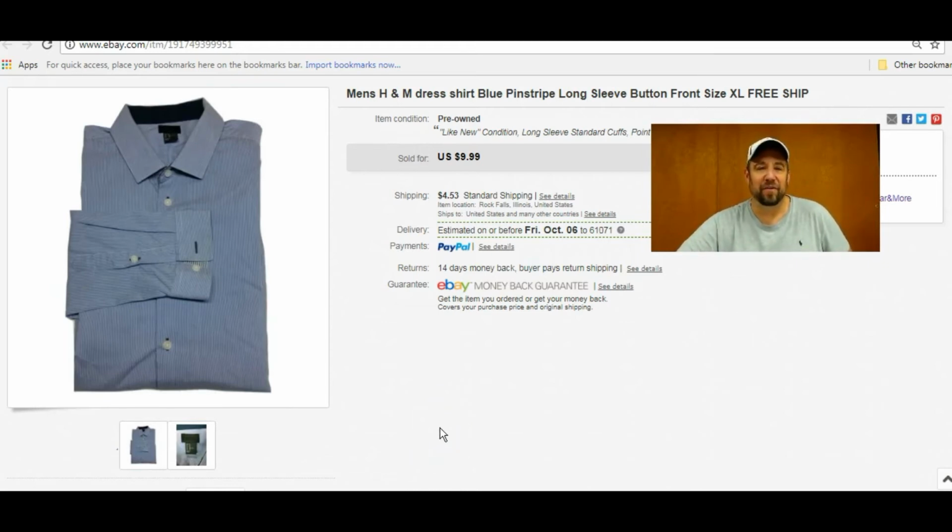And another little thing, when the buyer bought this, he says, hey, you've got free shipping in your title, but you're charging me for shipping. Will you honor the free shipping? So, I've got this shirt listed for 10 bucks. I was assuming they were going to pay shipping, but like a dummy, apparently I have free shipping in my title. So, yeah, I have to honor the free shipping. This shirt came in under 8 ounces, which was great. So it was like $2.77 to ship. But I'm going to have to refund him,